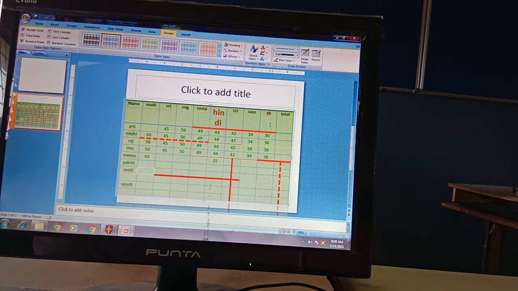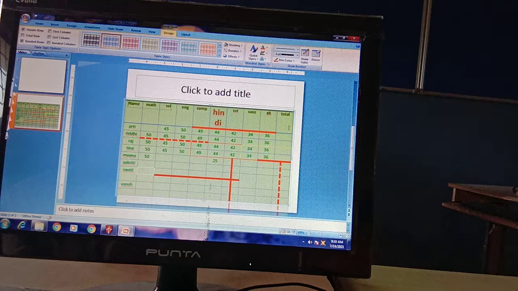Now we will learn about the charts in PowerPoint. How to insert a chart in PowerPoint. Okay, so all you have learned about your table. Okay, students, when this chapter is complete, I am going to give you a task to make a table in PowerPoint, and it should be beautiful.